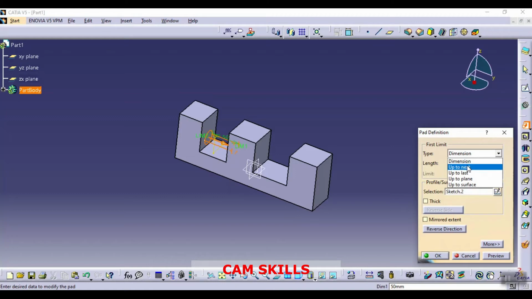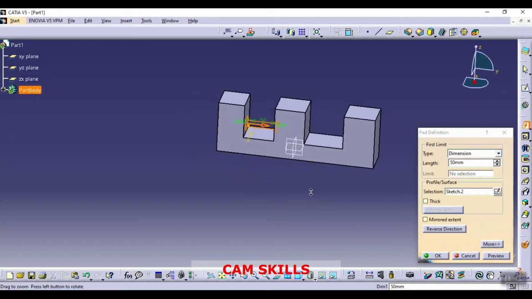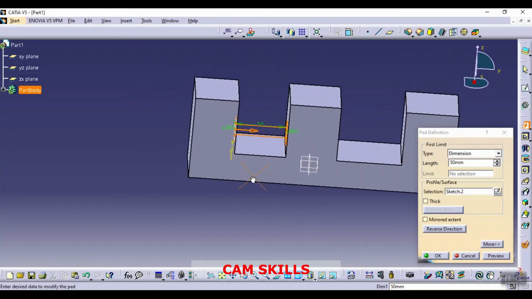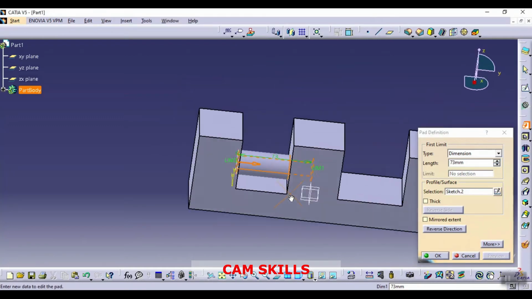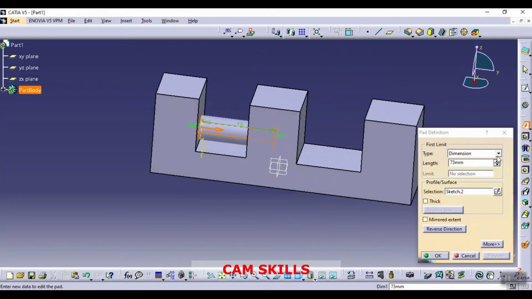In the dimension dialog box we have to provide the dimension according to our need. You can change it here also, or you can increase it in the above direction. So you can see the preview here, that is in dimension mode.